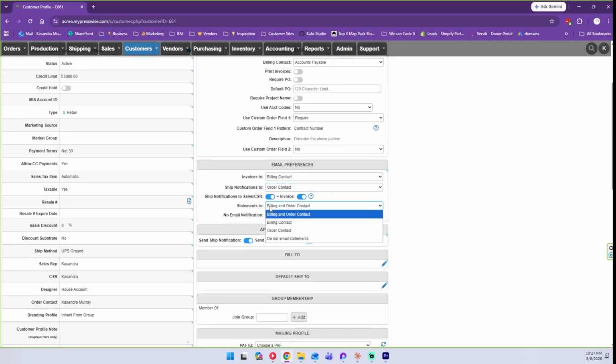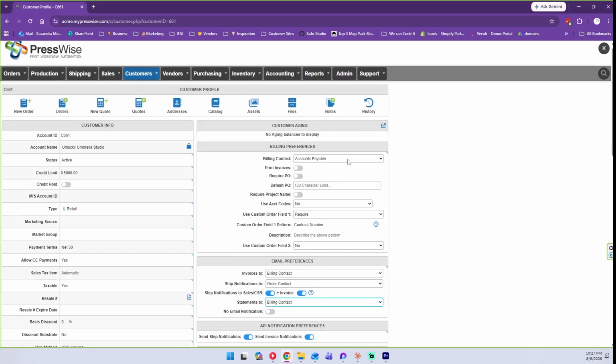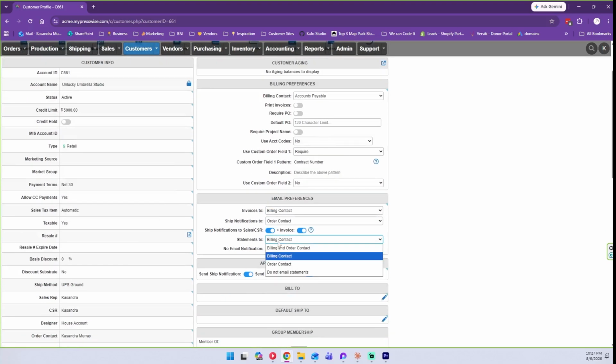Statements too, same thing. You just have some control over aging statements. Those are up here. Your client has an aging statement. You can have it send the aging statement to billing contact, billing and order, or just the order contact. No email notifications. So what this does is it kind of overrides all of this and it will not send